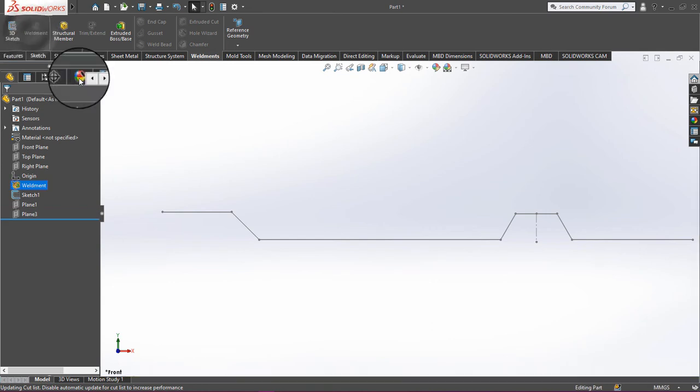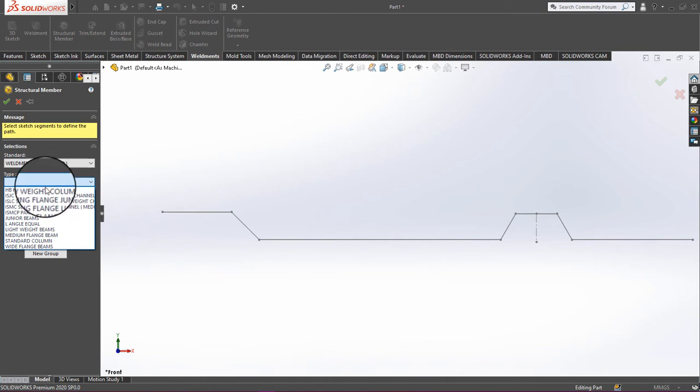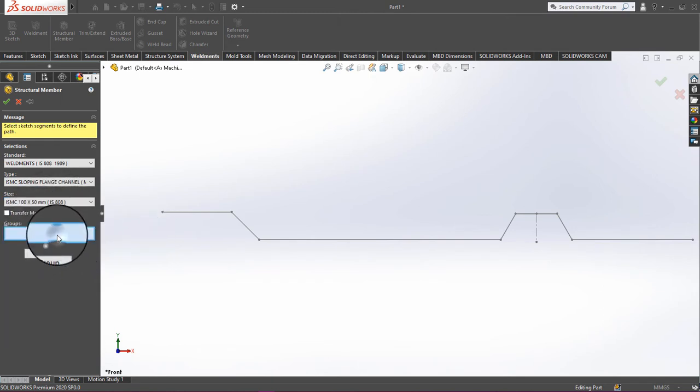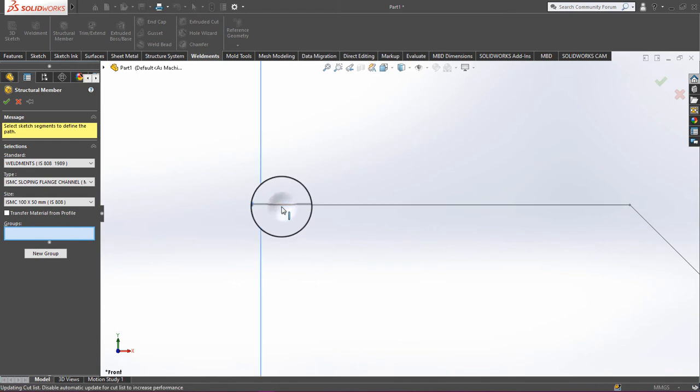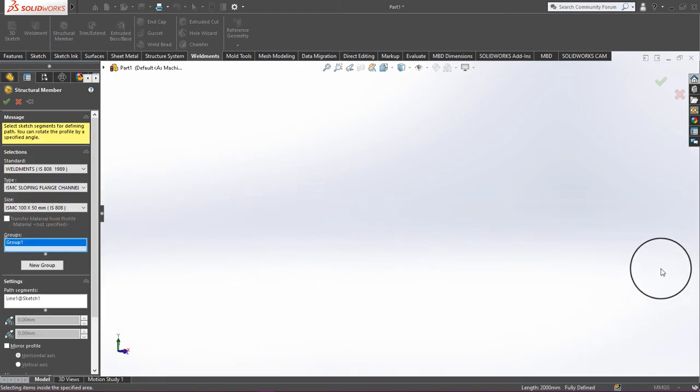So we will click on Weldmates, and now we will click on structural members, and I want to choose my custom made weldment profile of IS 808, and I want to choose the ISMC sloping flange channel, and the size is 100 by 50. And I will click on the groups, and we will click on the lines. So see here, this C section is about created. Okay, let me check it.